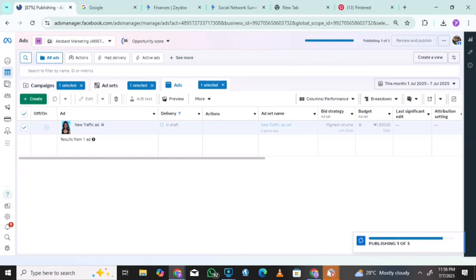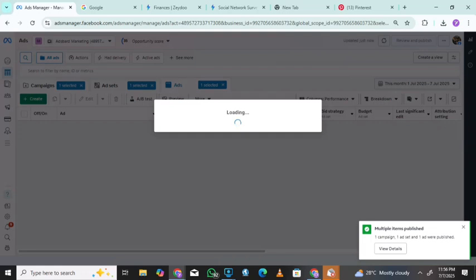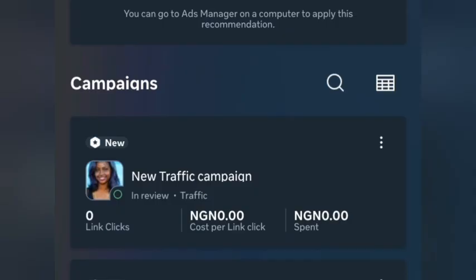So once it is live, then we are going to start getting results and start earning. So this is how the ad will do. And once it starts running, you will be seeing that you are getting results. You will be able to see the link clicks, and you will also be seeing cost per link click and amount spent, and also track your